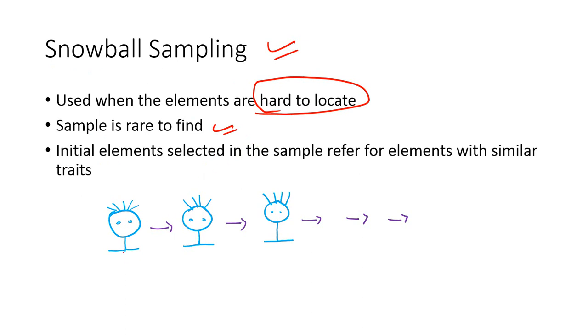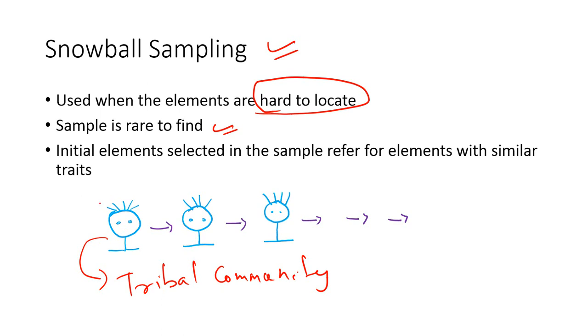For instance, you go ahead with, let's say, some tribal community, and you want to find out people who have a particular type of disease and you do not quite have access to such data in the tribal community, because getting access to data in a tribal population is very difficult. So you just go ahead with one particular